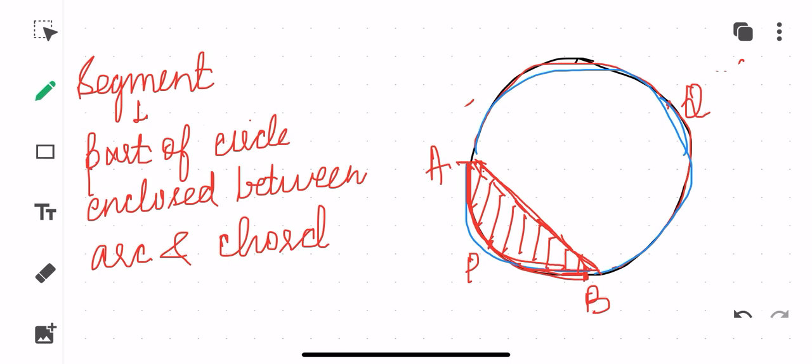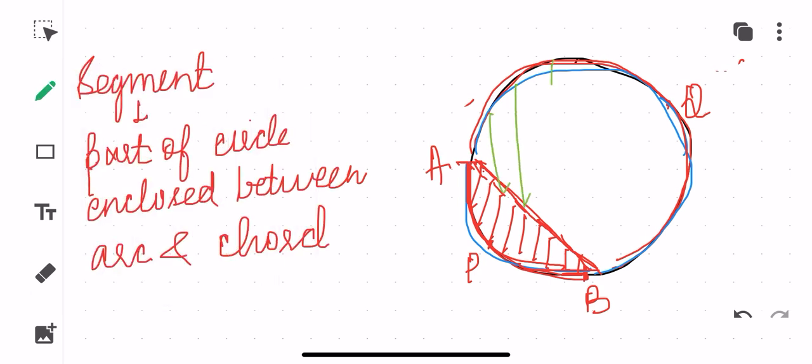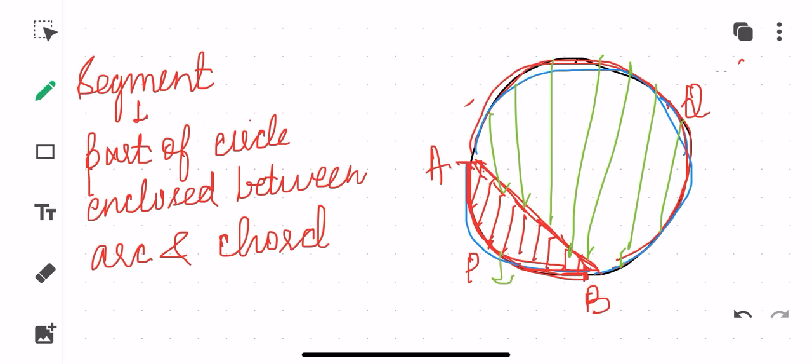Now there is one more thing, children, that you need to understand. You can ask, ma'am, that even this is an arc that we were talking about. So this particular area which is there, this is also an area which is enclosed by a chord and a major arc. So why not this is called segment? Of course, children, this is also called segment. And what do we call it? We call it a major segment. Okay, so the one which is small and bounded by minor arc is called minor segment.